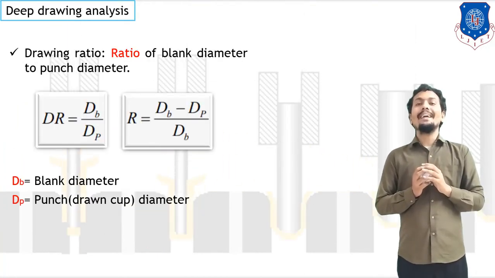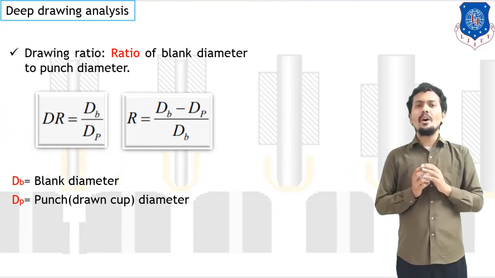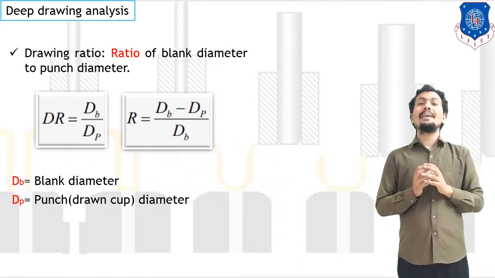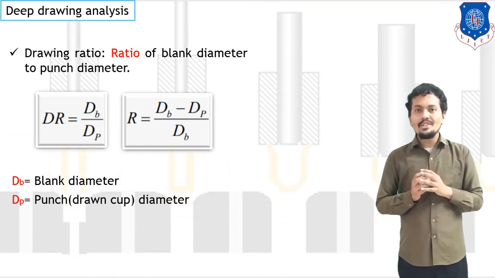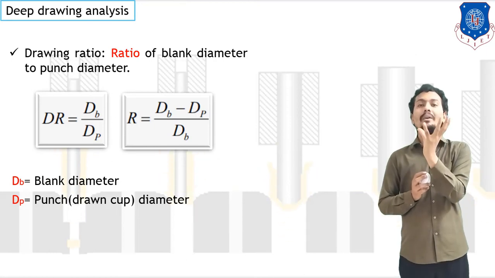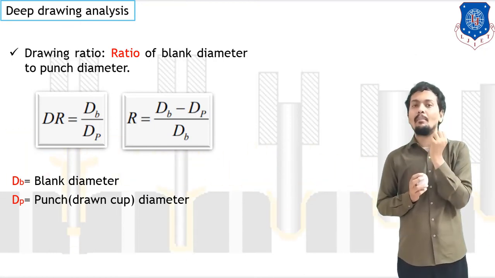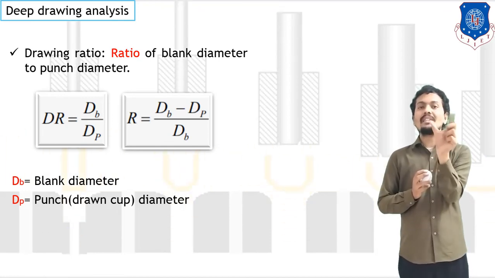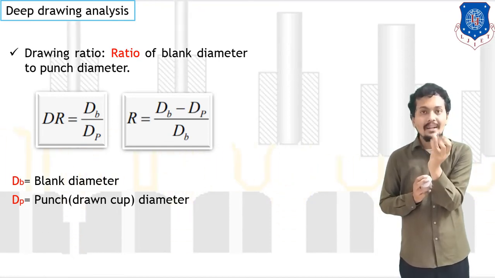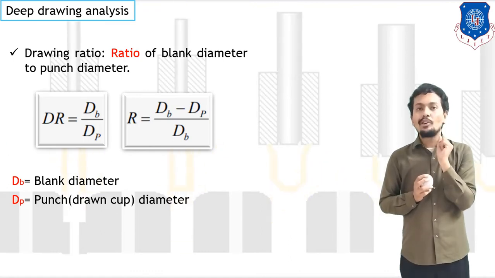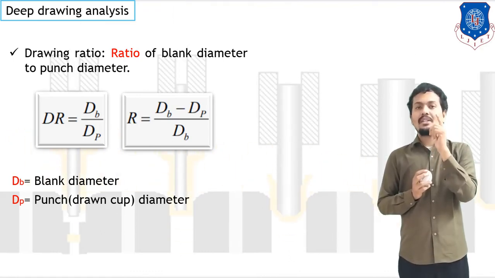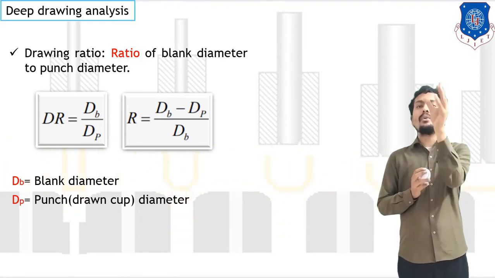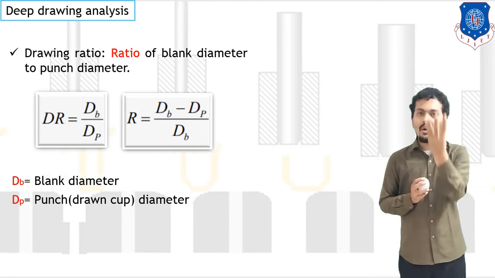So in deep drawing, let us start our discussion on different parameters. In deep drawing, draw ratio is very important. So what do you mean by draw ratio? For example, we have a 200 mm diameter blank available and we want to make a glass or cup shape which has a 50 mm diameter, right? So what do you mean by draw ratio? Draw ratio is nothing but the diameter of your initial blank to the diameter of your final product, that is the cup shape, right?